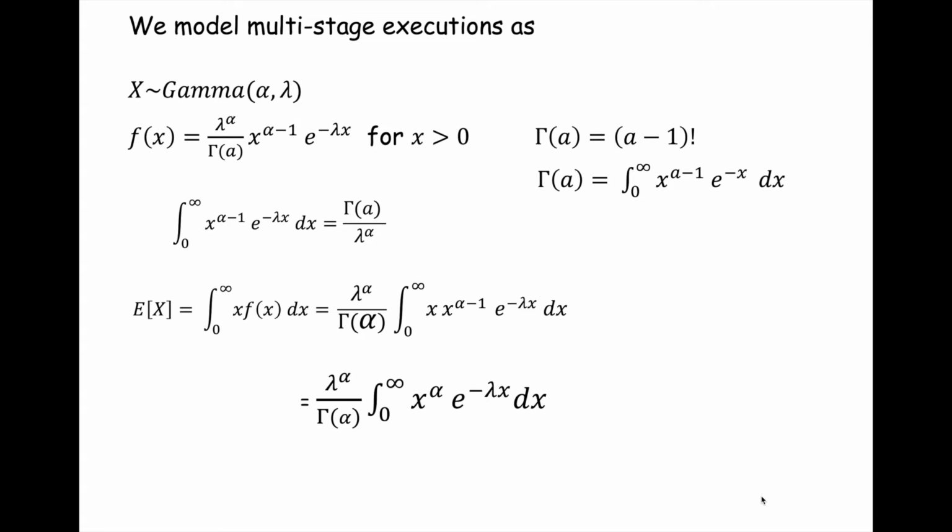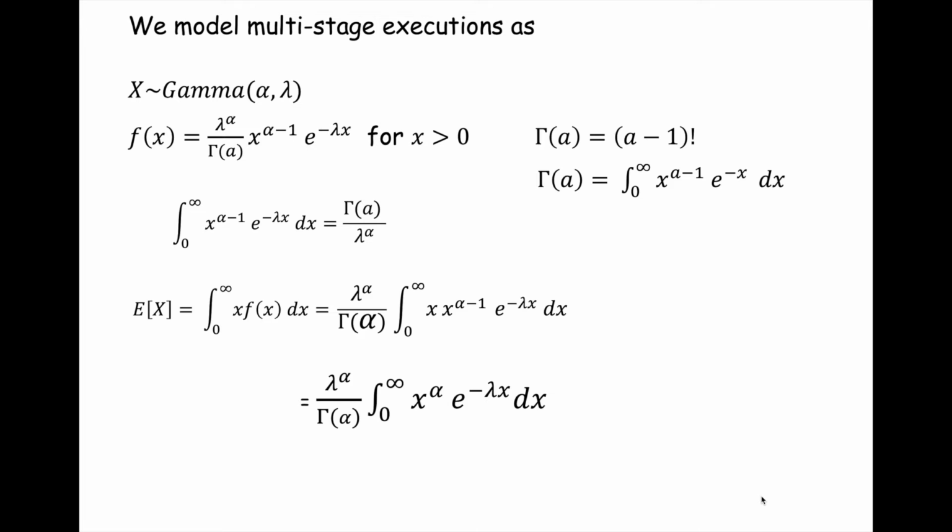Does this make sense? So now I take this expression and I'm going to use this identity I had before from when I did the law of total probability. And it says that I can replace this infinite integral by this expression, gamma of alpha over lambda to the alpha power. I can do that replacement. I just have to make sure the value of alpha is one more on the right-hand side than it is on the left-hand side. So here I have x to some power. I have e to the minus lambda x dx. It's the infinite integral. It's the right form.